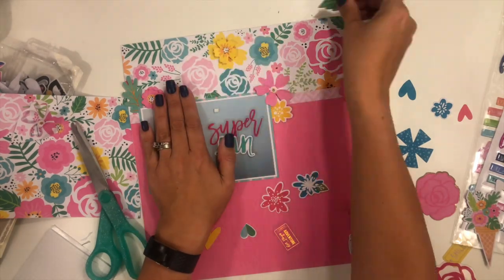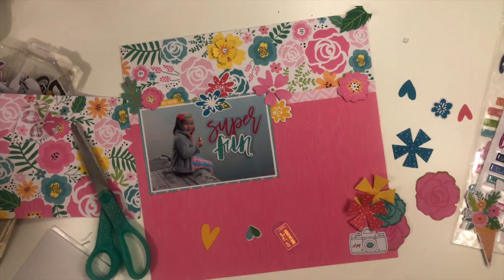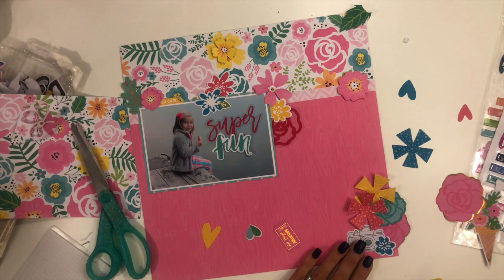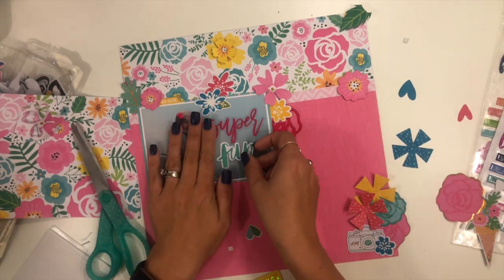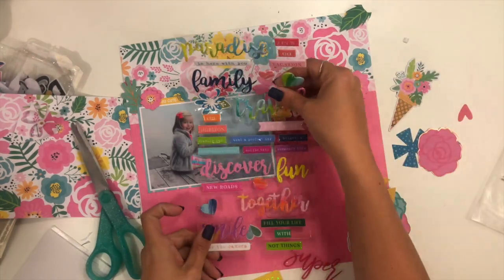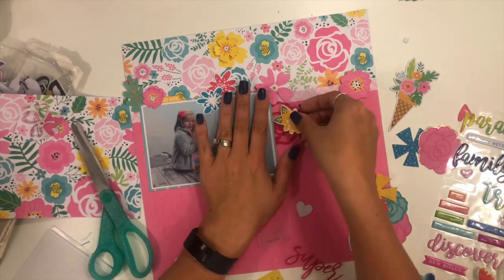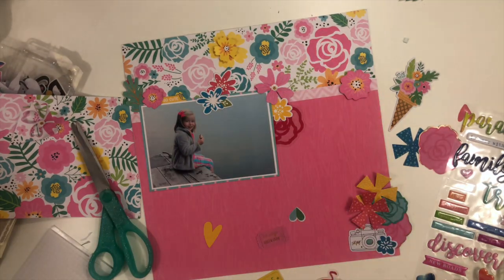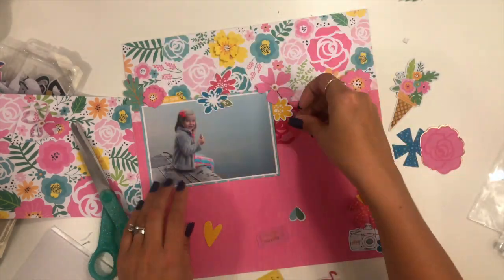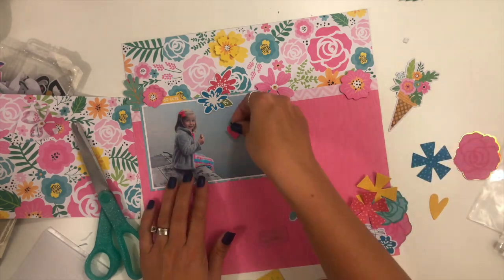So I'm just trying to decide how I want to get all these little floral elements clustered in here around my photo. I don't want it to be so busy that it takes away from the photo, which is I think why I end up changing out that phrase right on top. I'm going to go with that puffy word discover. It's from Paige Evans Horizon. It's a little bit softer color and a little bit smaller, and it's going to sit on the bottom edge of the photo instead of right in the middle,